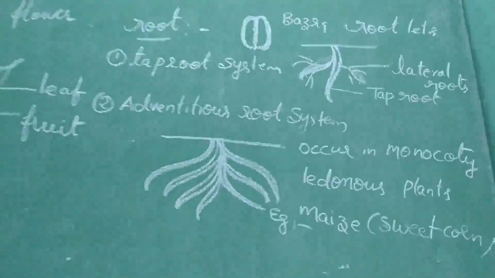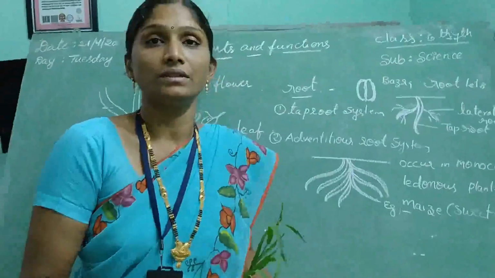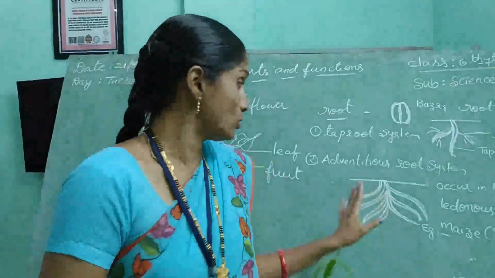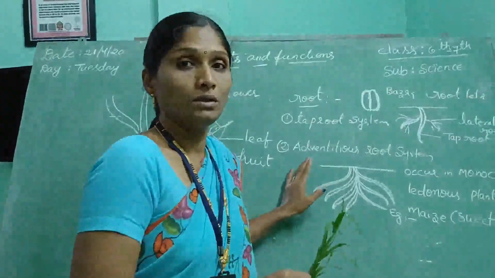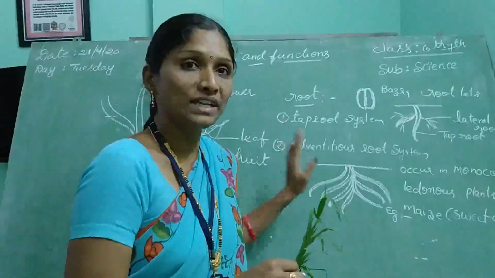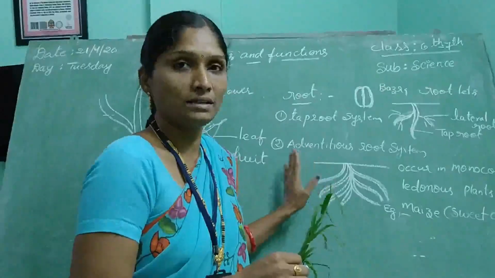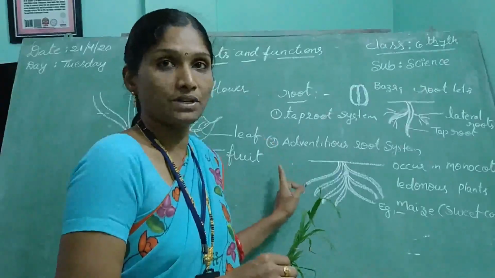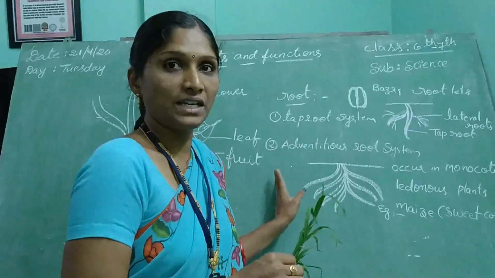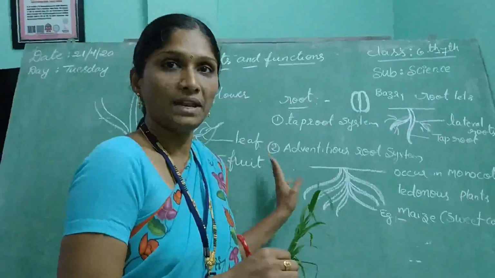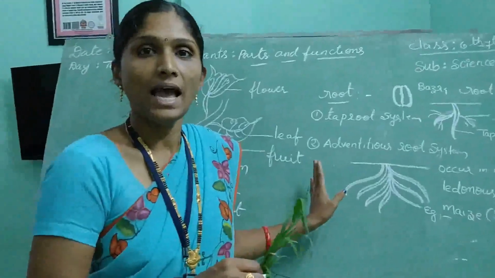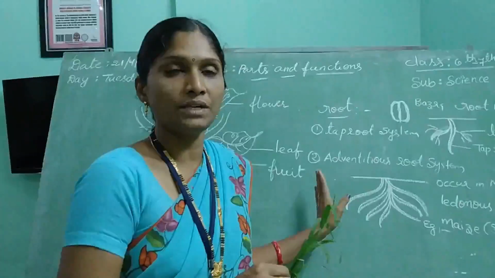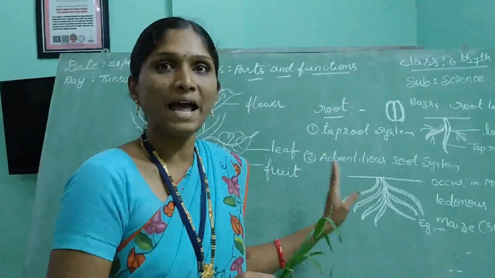Okay. What are the properties and what are the uses of roots? Roots help to fix the plant tightly to the soil. That is the first property. The second property is absorption of water. And the third property is absorption of minerals. And what are the uses of water and minerals? They help the plant grow.